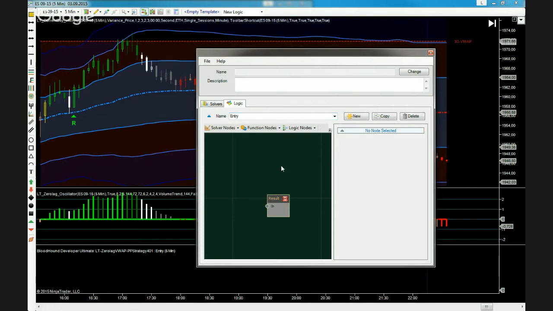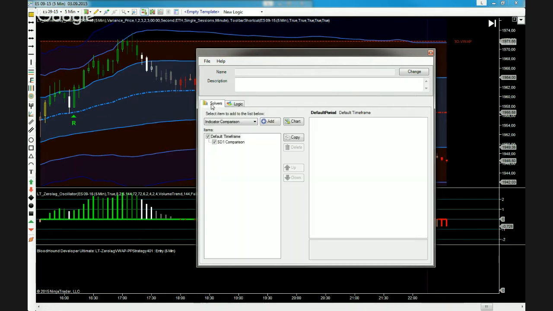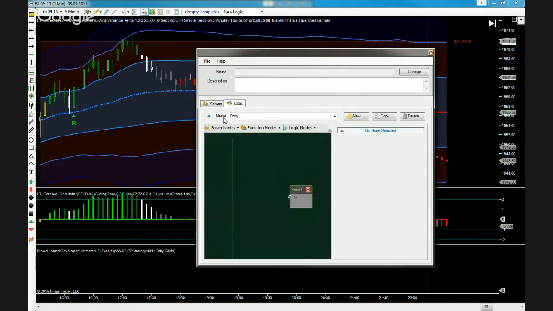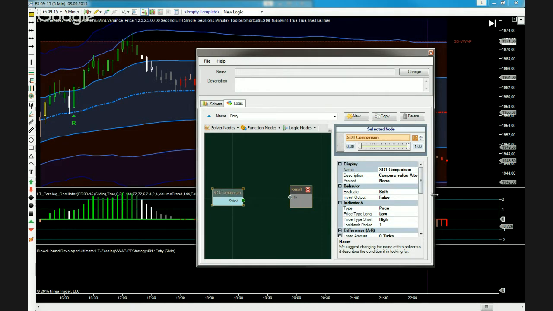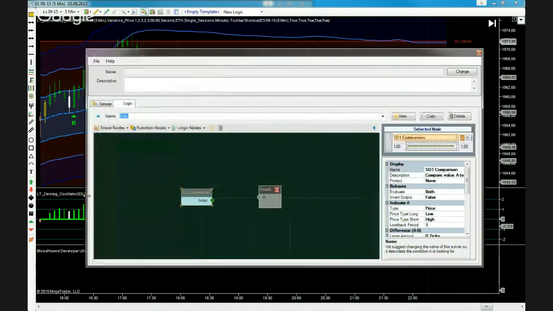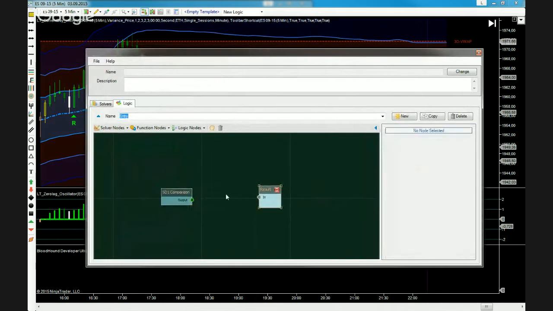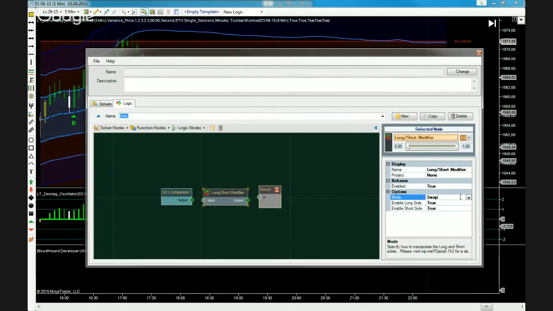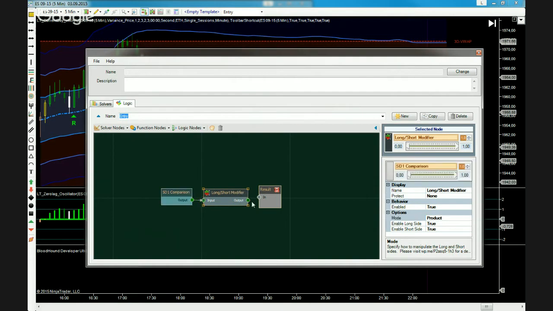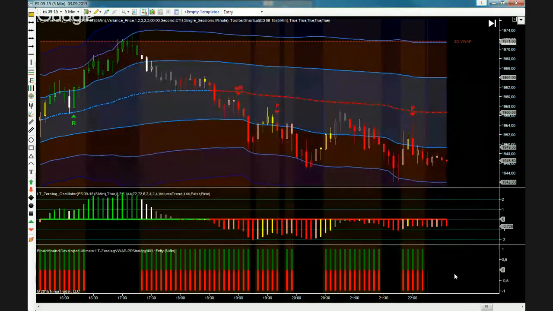entry. And I will now add the solver that I just created. And in order to tell it that I want to look at both long and short signals, I will add a function node here, the long short modifier. I will set that to product in order to tell it that we will look for both long and shorts, connect it all up. And now you see that when the price is above the first upper standard deviation, then